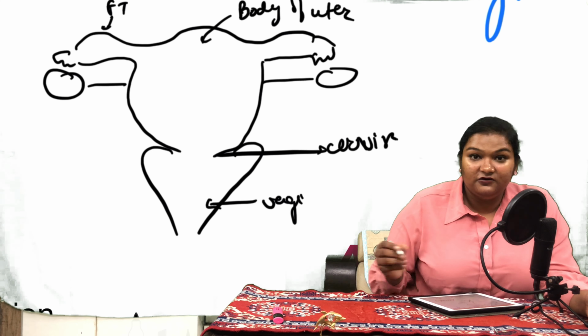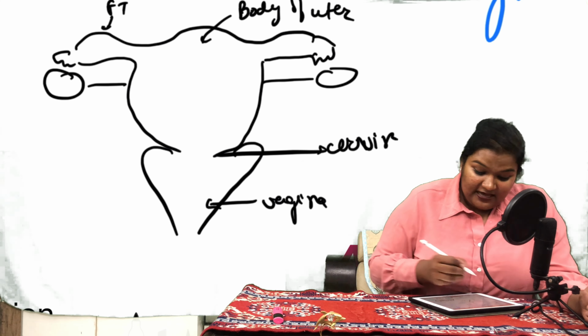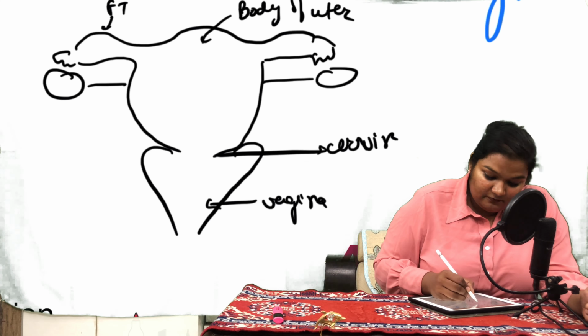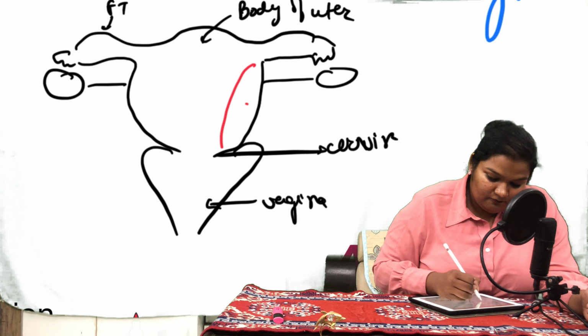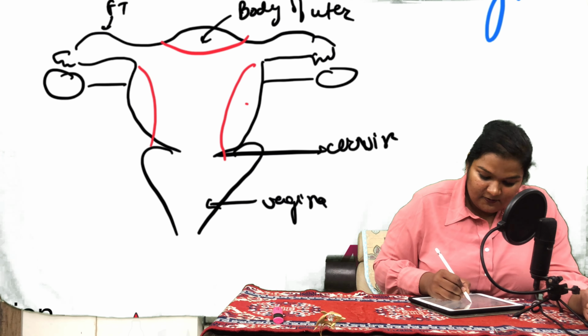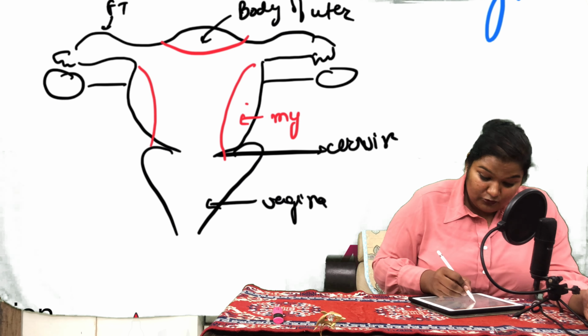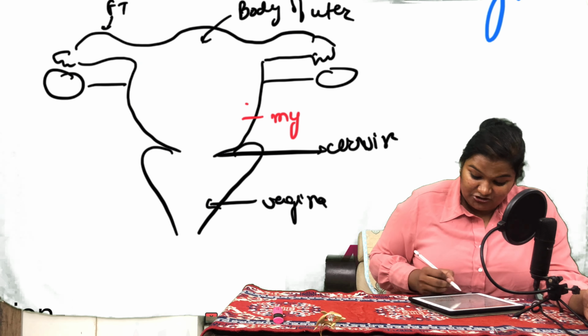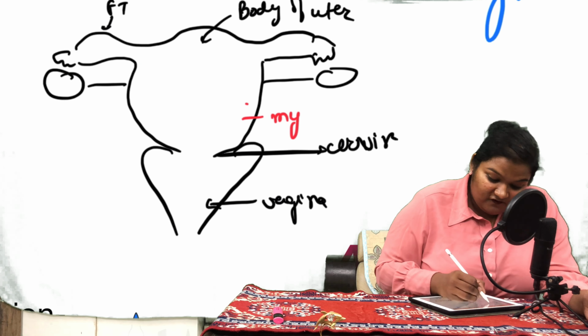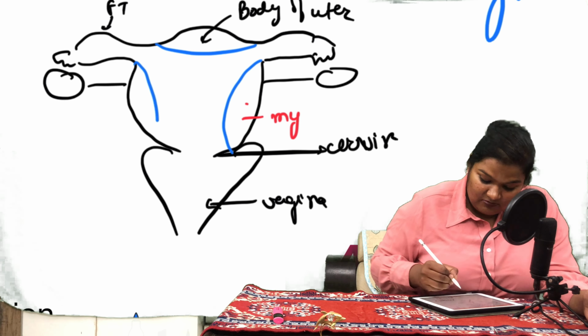Okay, so this is the female reproductive system, and we have the myometrium. So this one is the myometrium. Okay, I will draw the myometrium in blue so that we will be able to appreciate the proliferation in red. So this is the myometrium,